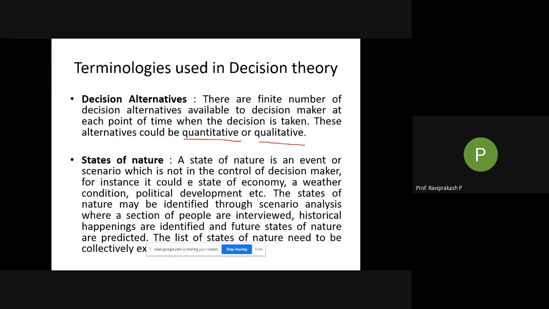Quantitative means in numbers. How much do you have to pay? If you are walking, you need not pay anything. If you are cycling, you need not pay anything, unless you have a cycle on rent, so you need to pay that rent only. But if you come by your own vehicle, your two wheeler or four wheeler, you need some gas for it, right? Gas in the sense petrol, diesel, charging if you have an electric vehicle or whatever. That is the amount that you need to pay in terms of quantitativeness. Or in terms of share auto, you need to pay the person, right?